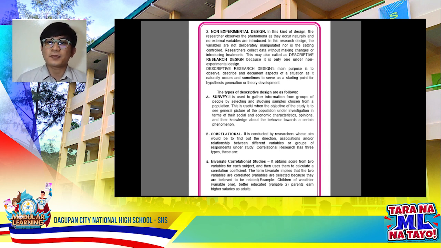Under non-experimental research design, the researcher observes the phenomena as they occur naturally, and no external variables are introduced. In this research design, the variables are not deliberately manipulated, nor is the setting controlled. So researchers collect data without changes or introducing